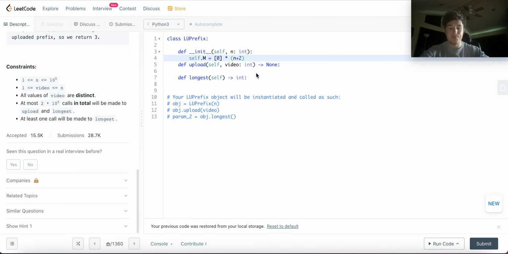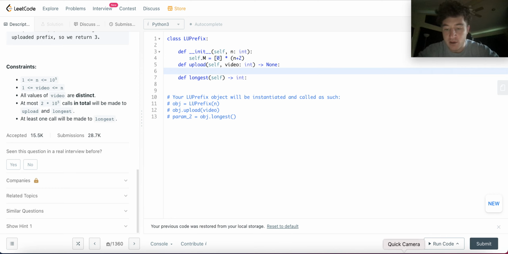We'll just create a little buffer, all right? So then when we upload a video, first we want to make sure that we haven't already uploaded this video. If we already captured the edges, this could screw up if we try to redetermine the edge links. Actually, I don't think it will, because if you re-upload a video, it can only be longer. If it's shorter, then it's still going to be within the boundaries of those prefixes, right?